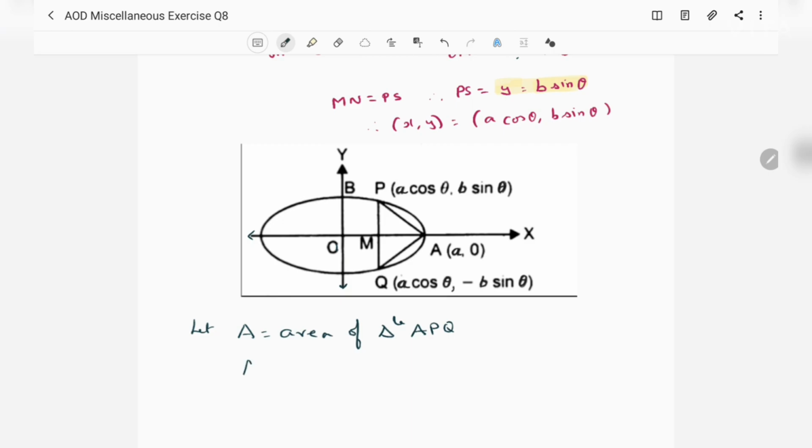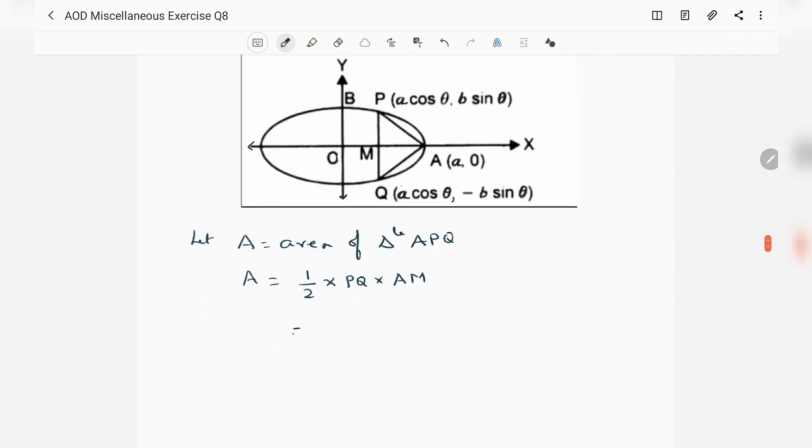So we write A is equal to half times base, the base is the length PQ, into height will be AM. So which is equal to half times PQ length. PQ length is b sin theta on the top plus b sin theta at the bottom. So total PM plus MQ is b sin theta plus b sin theta is 2b sin theta